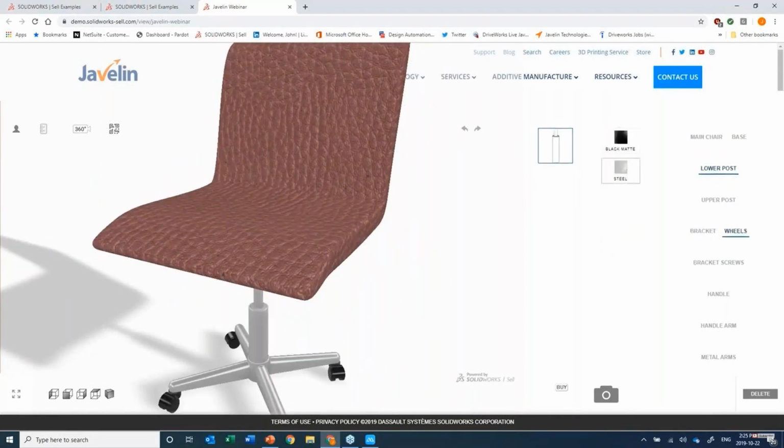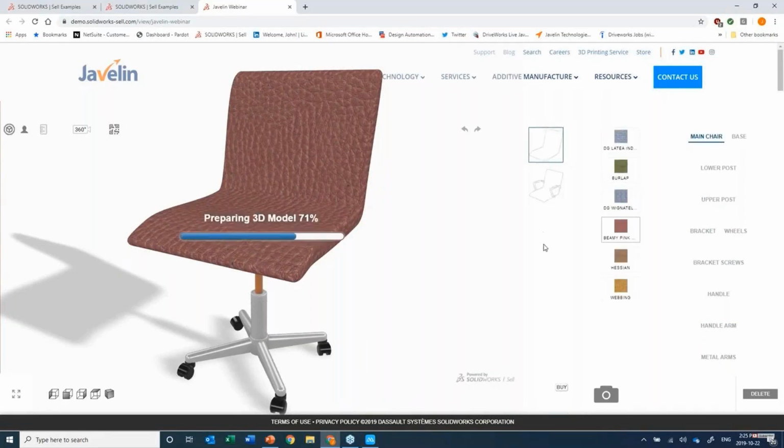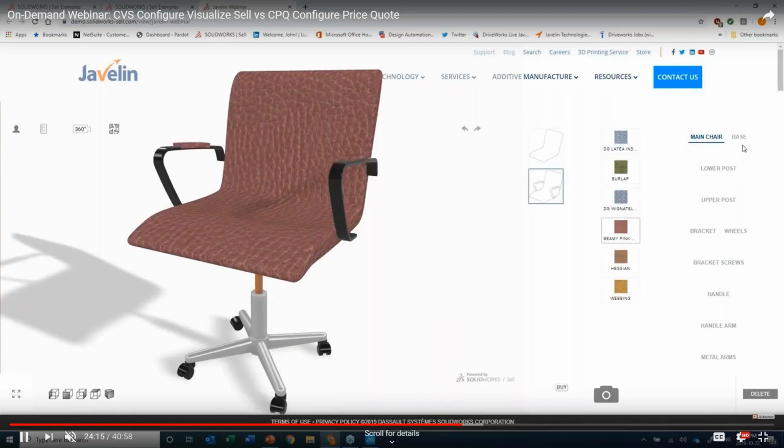You can do a quick design review. I like this color, I don't like that color, and everything's very instant, very rapid, very graphic, very visual, and it gives you the ability to make, as Angela said, hundreds of thousands of different configurations without a lot of effort. And on this particular example, you're going to see in a moment